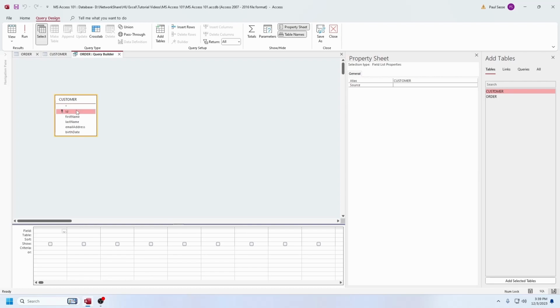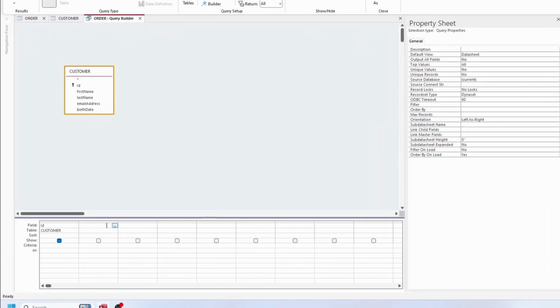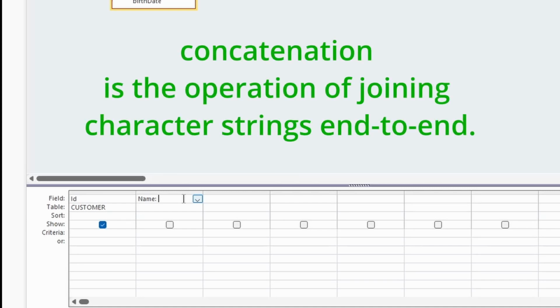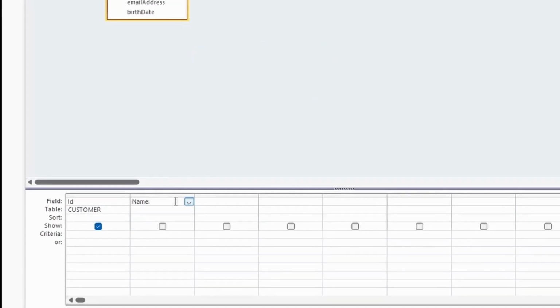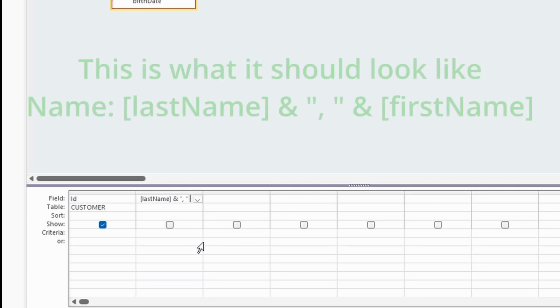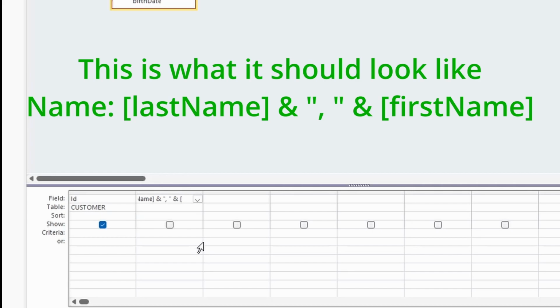Typically, you want the primary key from that table to be the most left-hand column. So I'm going to put that there. And then I want just one other column that displays the first name and the last name. And to do that, I'm going to do what's called concatenation. So first I'm going to do inside square brackets, last name, close my square bracket, ampersand, and then I want to separate first and last name with a comma and a space. So just inside of a double quote, I'm going to do comma space, and then another ampersand, and this time I'm going to type